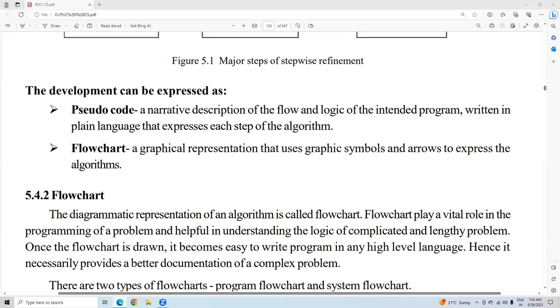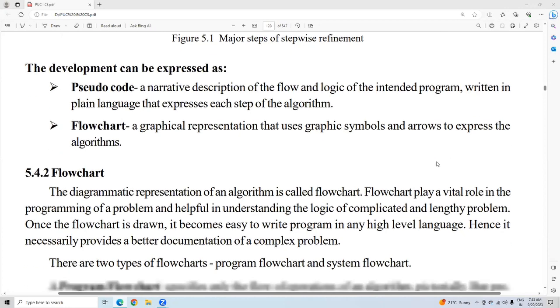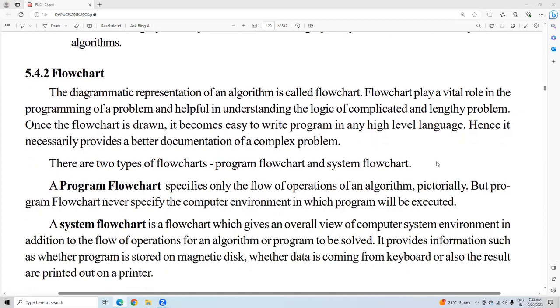So that is a graphical representation that uses graphic symbols and arrows to express the algorithms. Let us go a little more in depth into the topic of flowchart. The diagrammatic representation of an algorithm is called a flowchart. In general, say for example,